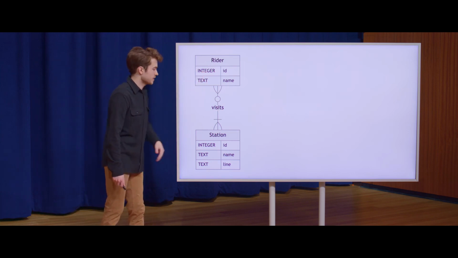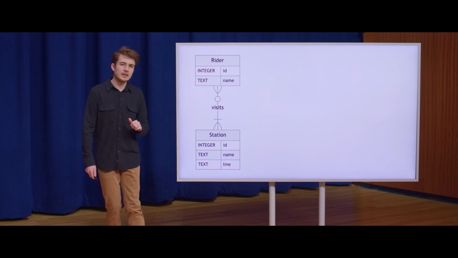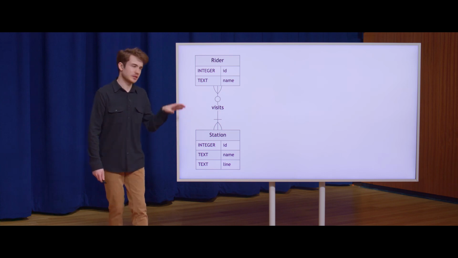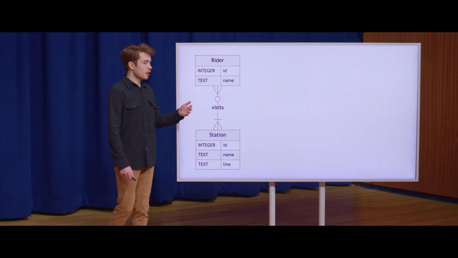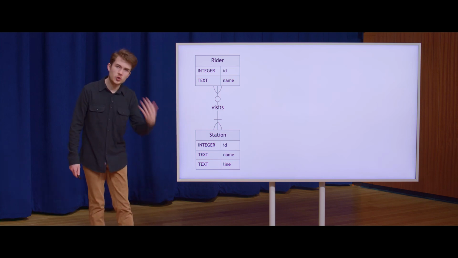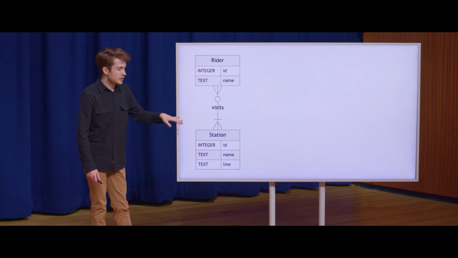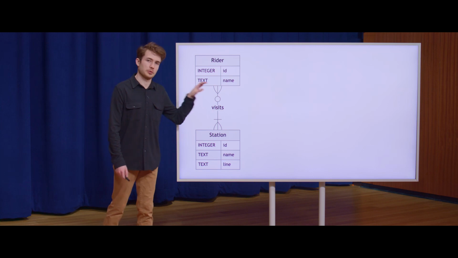And riders, well, they do visit stations. But I think if we applied this to the real world, we'd see that this isn't quite how it's actually done. Like, riders don't really register that often. If a rider who's new to the city comes in, they want to ride the subway, they should be able to ride too. So it turns out, at least here in Boston, the MBTA doesn't really track riders per se,